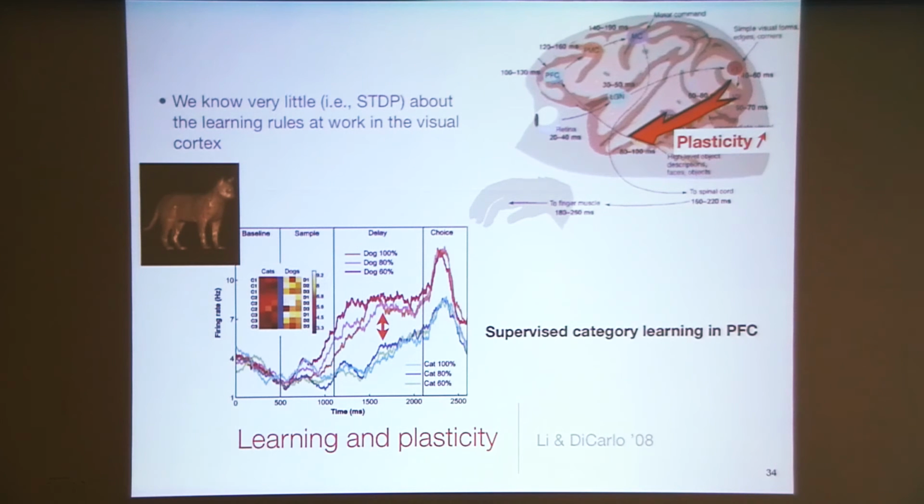There is actually evidence for supervised category learning in fairly high, non-purely visual areas, such as the prefrontal cortex. There is work by Earl Miller using this kind of morph stimuli, and the use of morph stimuli allows them to control relatively well for the visual similarities across visual stimuli. What you see here is the response of a so-called category-tuned neuron after the animal was trained to distinguish between cats and dogs.